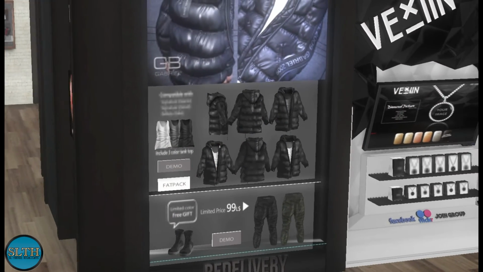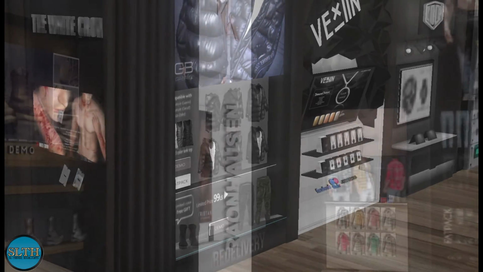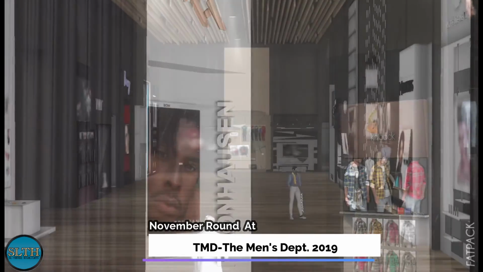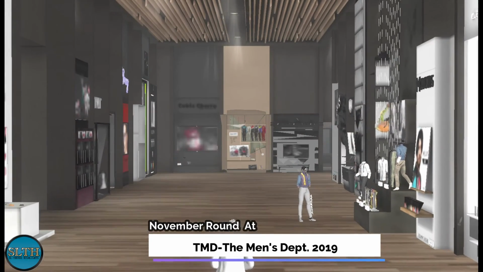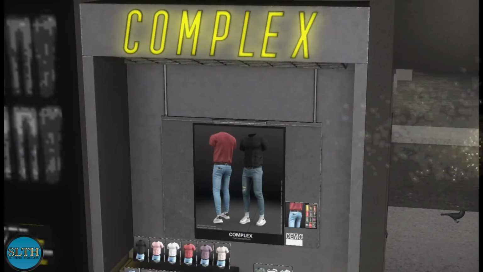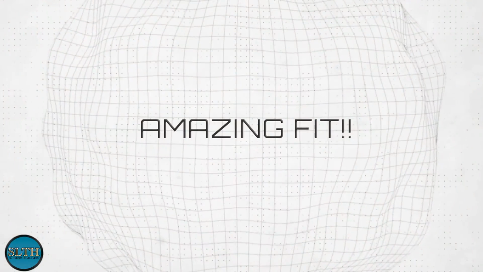And I have to admit, it was fairly easy for me to get in this round, as most of the time chances of entering into any event during its initial opening is nearly next to impossible. While I was there, I couldn't help but notice this well put together ensemble created by a brand called Complex. Not only did the well put together item pique my interest for its incredibly realistic details, can somebody say the